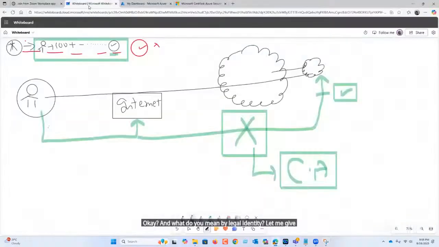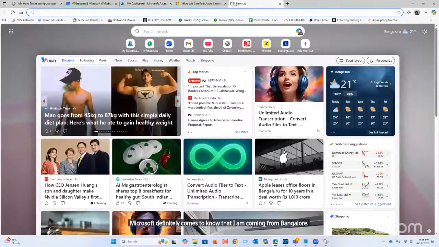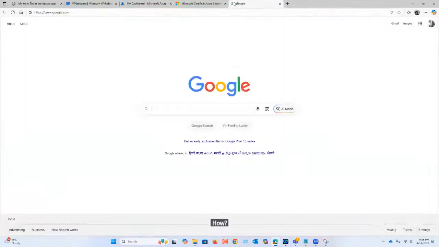Let me give you one example. I'm accessing this application, portal.azure, the normal way. Microsoft definitely comes to know that I am coming from Bangalore. How? When you access anything in a legal way, your request, your IP location, is tagged.